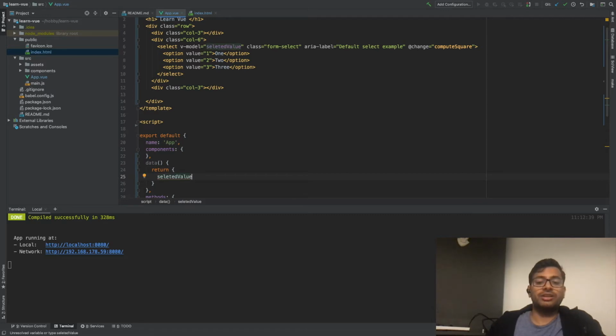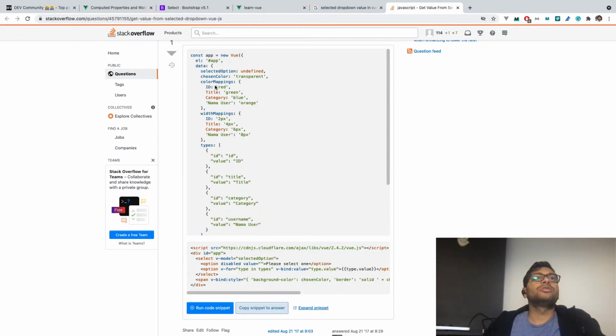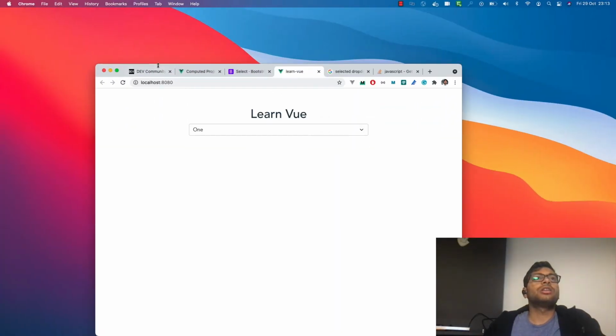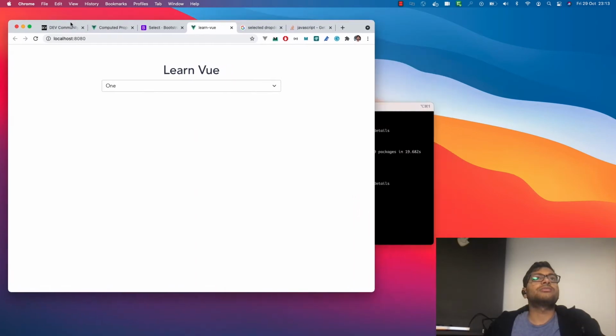So we can make selectedValue, we can select initially 1. So you can see initially it is 1, and let's make it small.